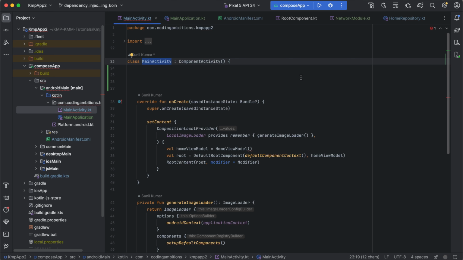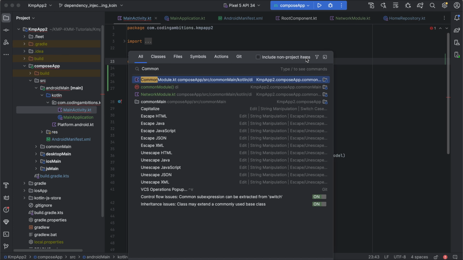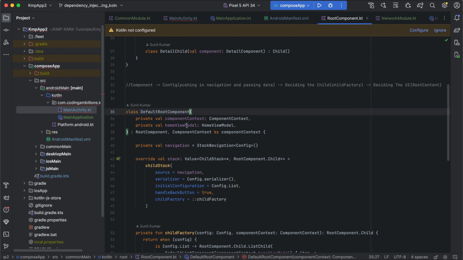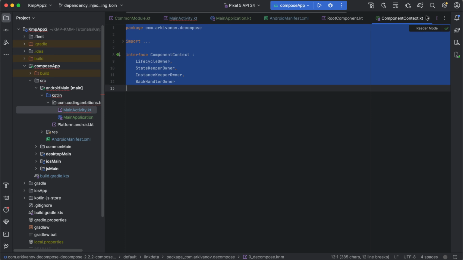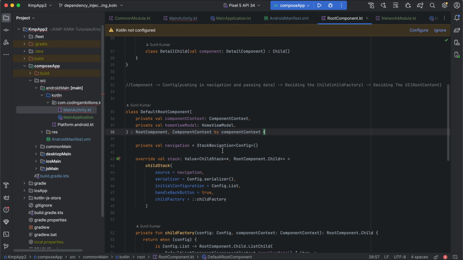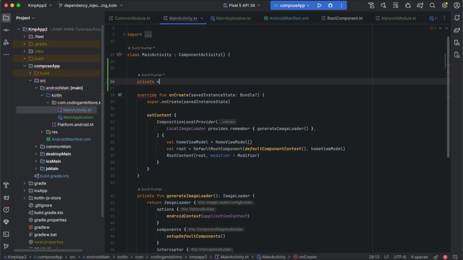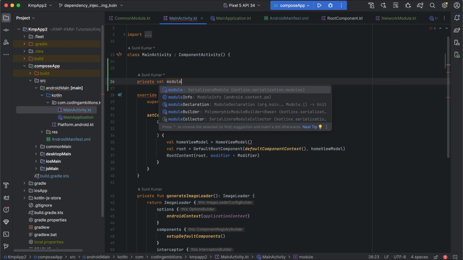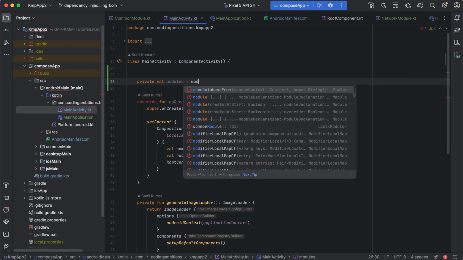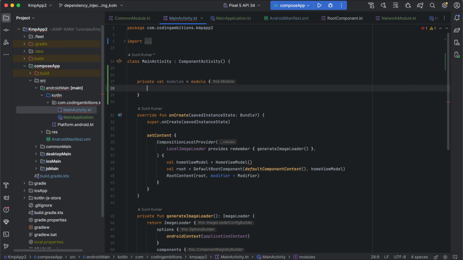And for this default component, if you go here in the common module, it requires a component context, right? And how will you be passing this component context from the Android side? If you see here, default component context is directly available only in the activity. So here what we'll be doing is creating some modules, and we'll be defining this single default component context,